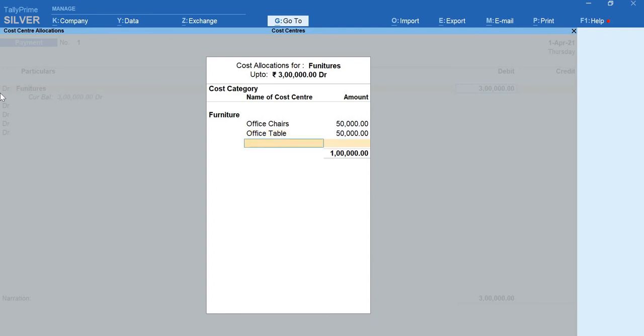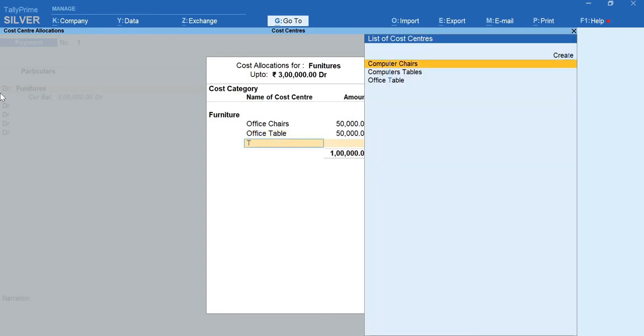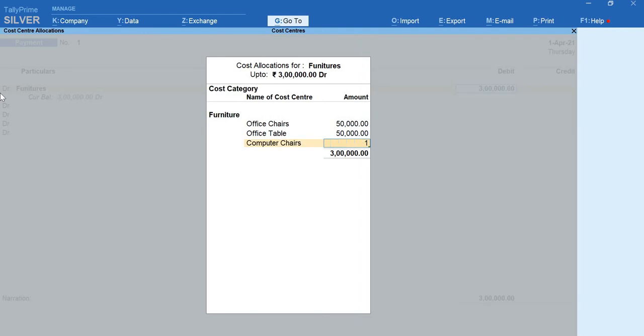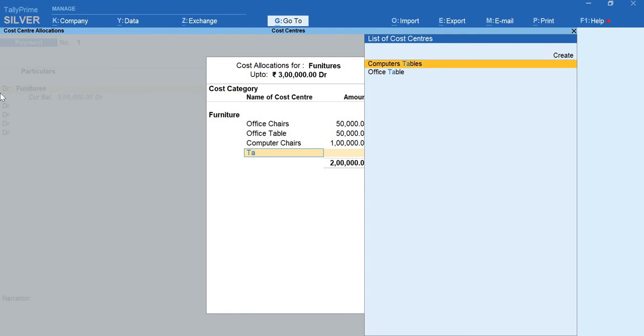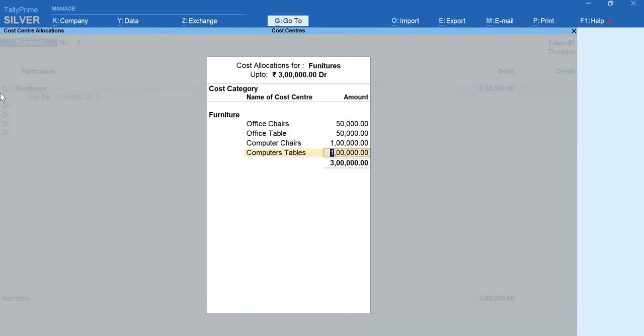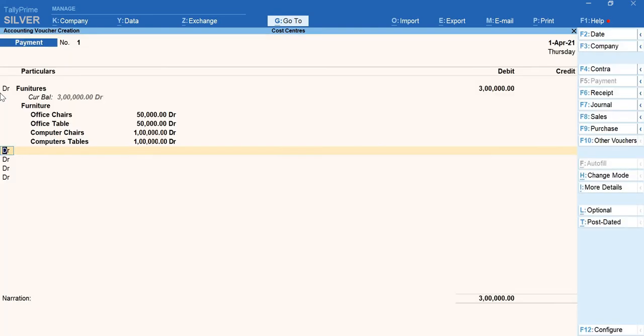The next division is computer chairs, I'll enter 1 lakh rupees, and computer tables, 1 lakh rupees. In total, how much is it costing me? 3 lakhs.